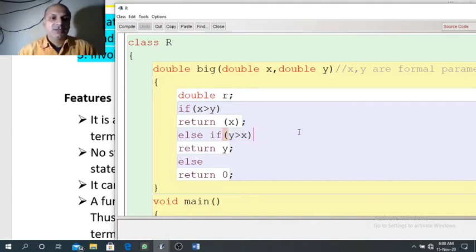So we have used three return statements here. This function big is designed to find the larger of two numbers x and y. And it is designed return type. We are not going to print the value of the larger number, we are going to return the value of the larger number.